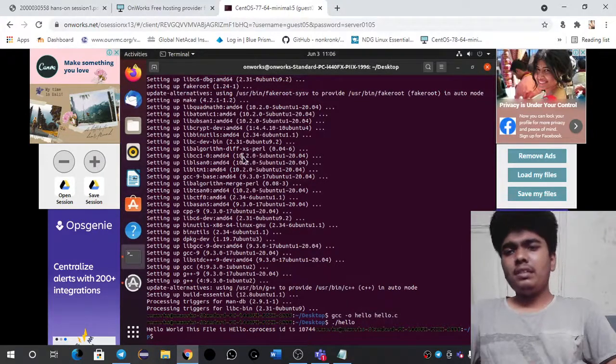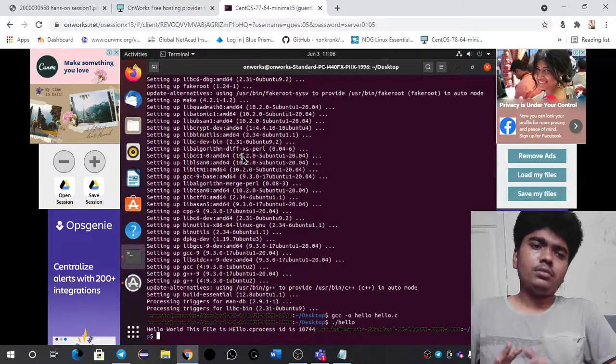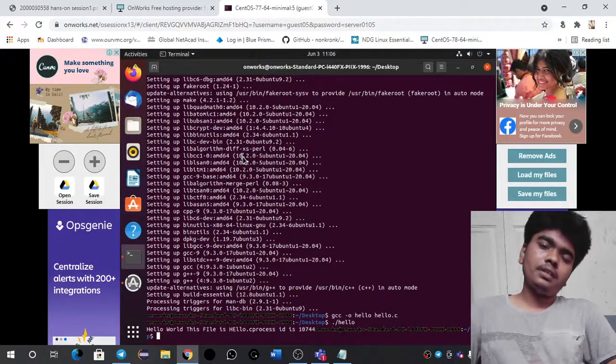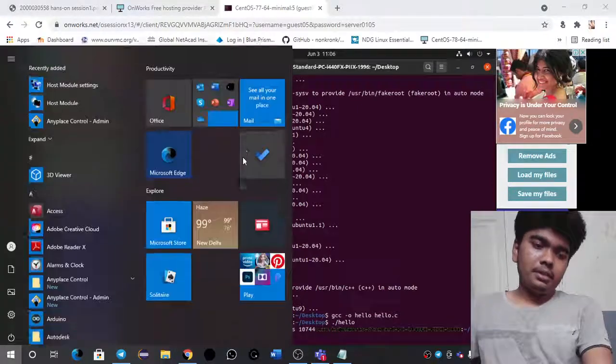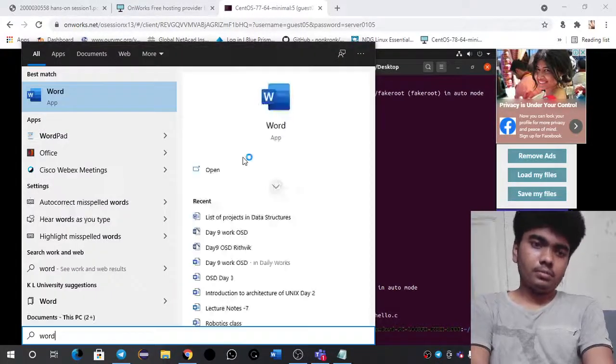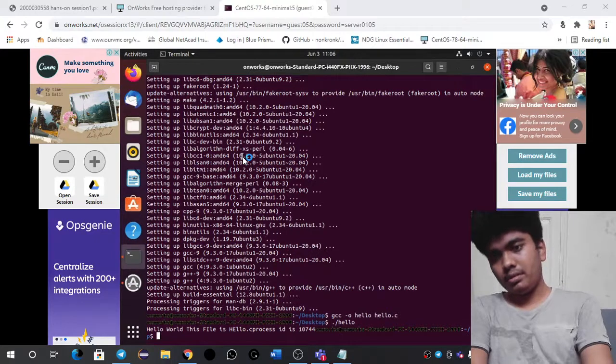So this is the basics of working in this terminal. No need to install the whole operating system; we can work on this terminal with the help of this. So let me take a screenshot. It's nothing but the print screen.